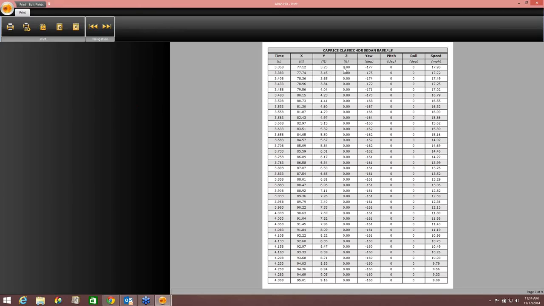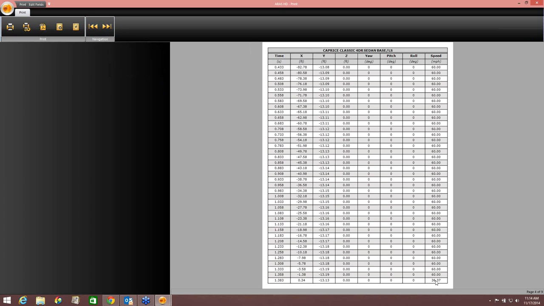It's going to have the coordinate location. It's going to have the degree of yaw or pitch or roll, whatever that you have. And we've got a lot of yaw here. And it's going to have the speed, from its starting 60 miles an hour all the way through its crash. And you can see where it actually got the crash, because it went from a speed of 60 miles per hour